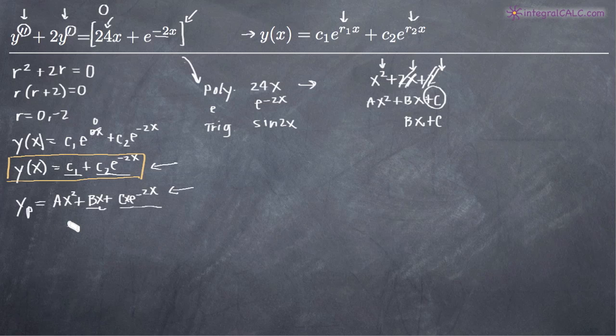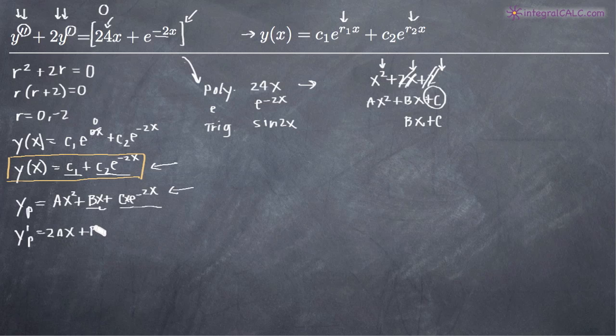What we're going to do with the particular solution is take the first derivative and the second derivative of the particular solution, and plug in the second derivative for y double prime of x in our original problem, and plug in the first derivative for y prime in our original equation. So let's go ahead and take the first derivative of the particular solution as we found it here. To take the first derivative, again, we'll treat a, b, and c as constants. So to take the derivative, we'll get 2ax